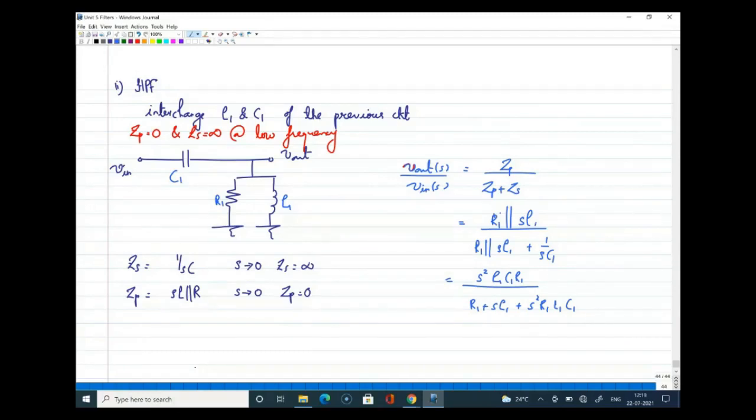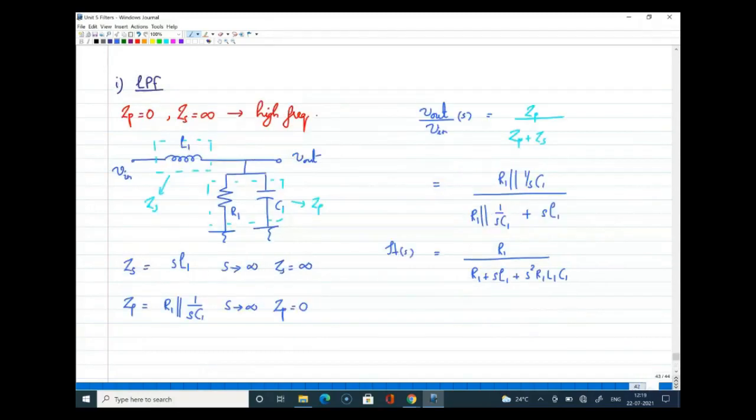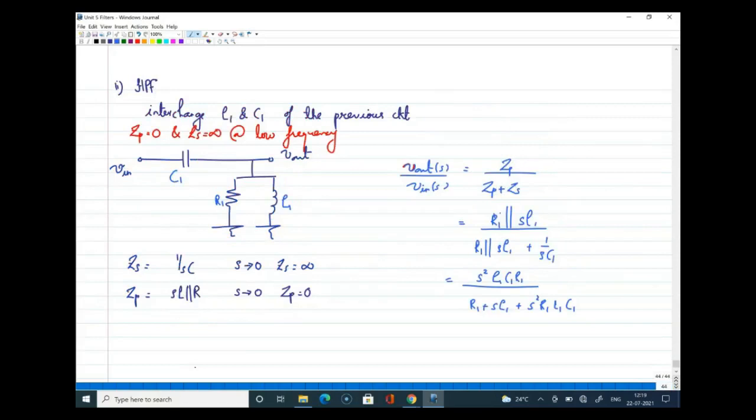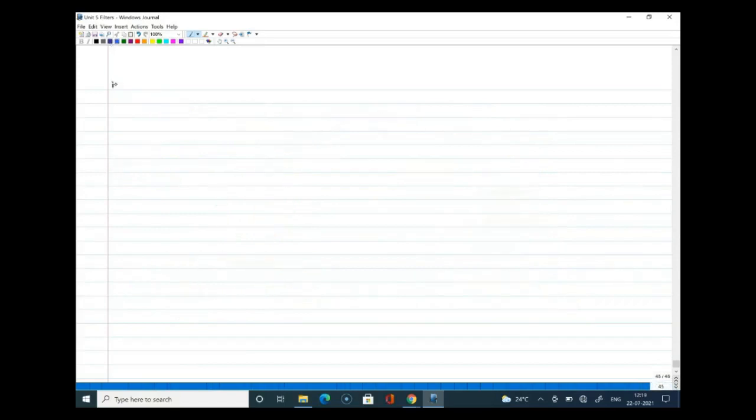Now, what we have done is we started with this low pass filter. We had an inductance, then we interchanged the inductance and capacitance. Now, can you tell me what rearrangement I should do, or with the same setup, how can you get a band pass filter response? The condition is written before for a band pass filter. What was the condition?